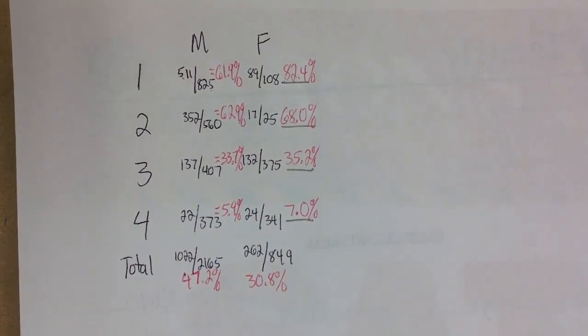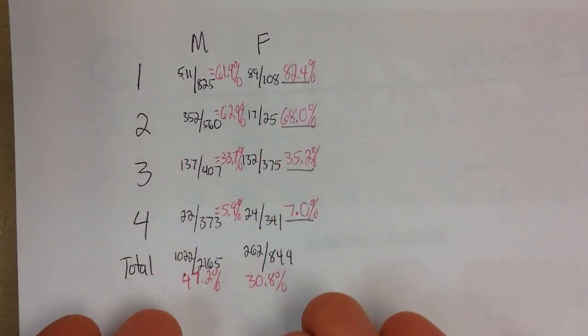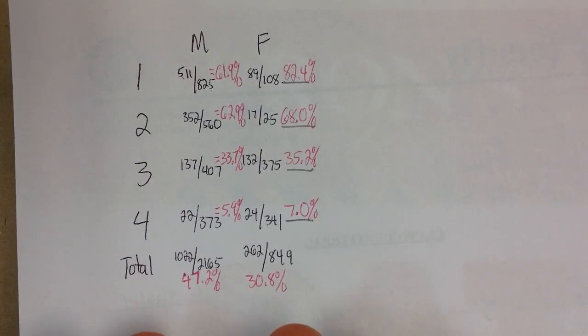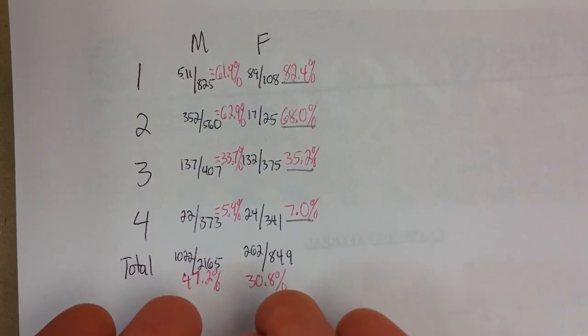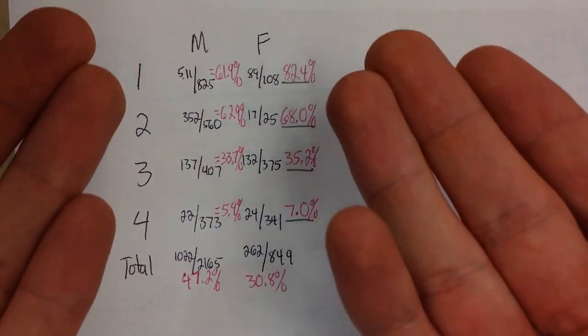This is an example of Simpson's paradox, which is named after the statistician who discovered it, although he probably wasn't the first to discover it. It's just that his name got attached to the concept. My challenge for you is why is this happening? These are all truths. There's no lying going on here.